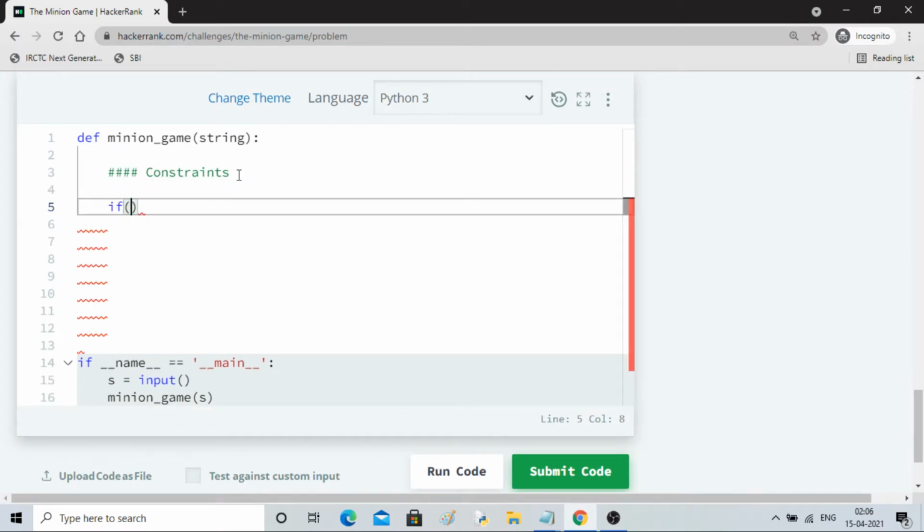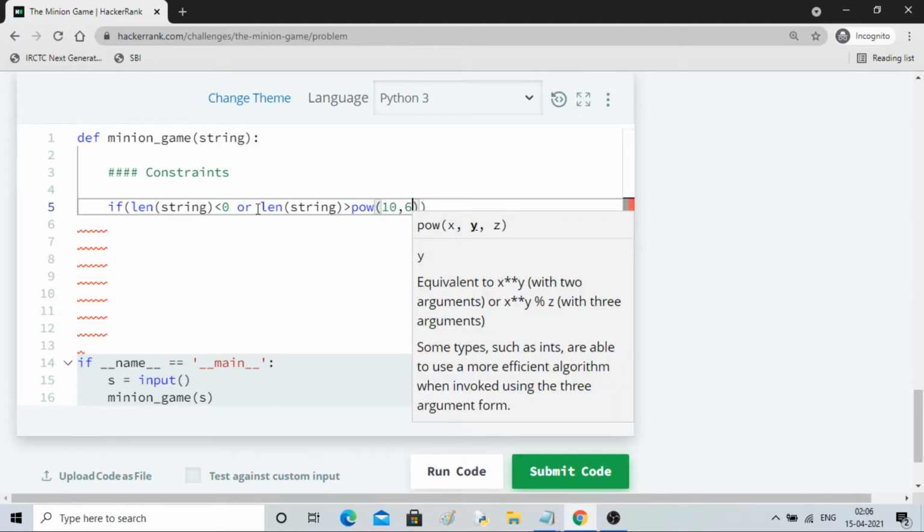So if the length of the string is less than 0, or the same thing, copy and paste, is greater than 10 to the power 6. I'll write 10 to the power 6 in this way, pow(10, 6).